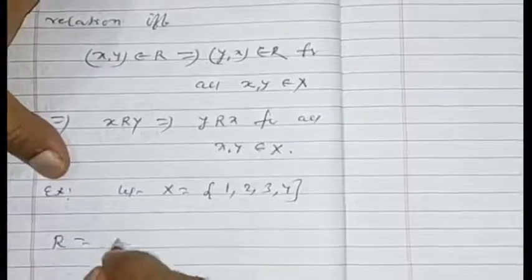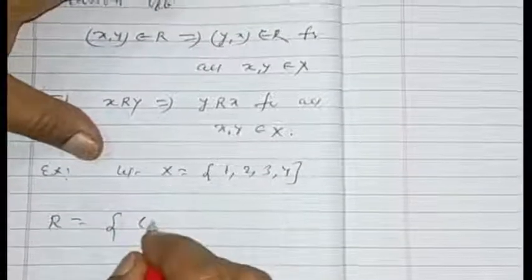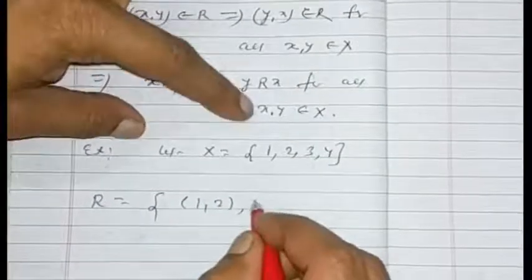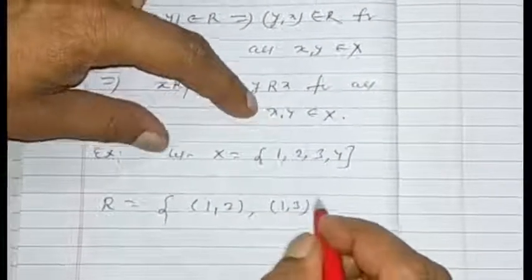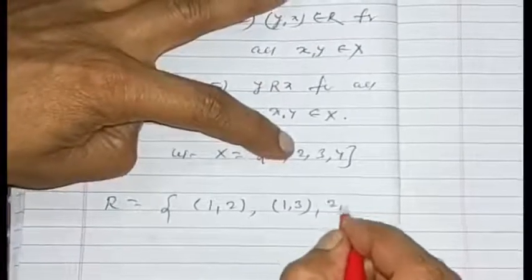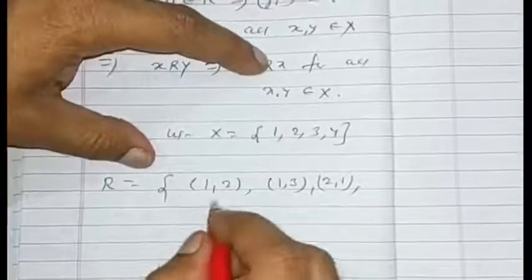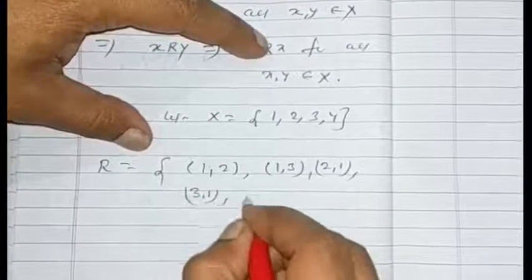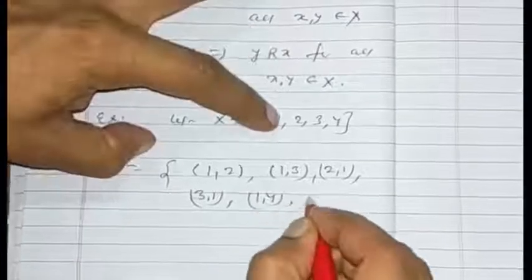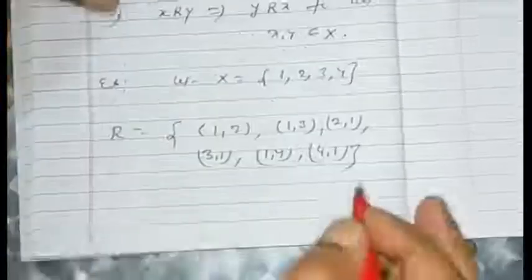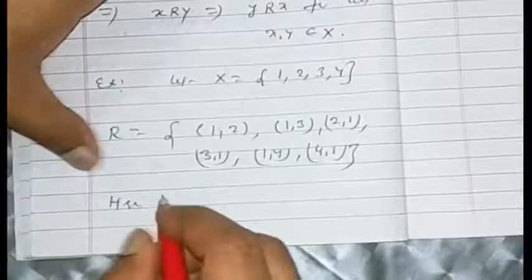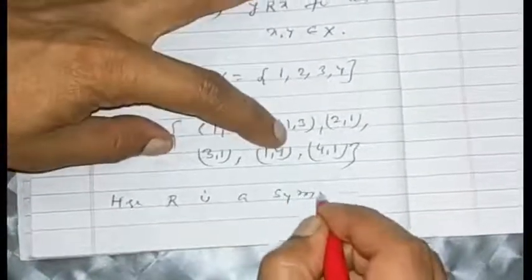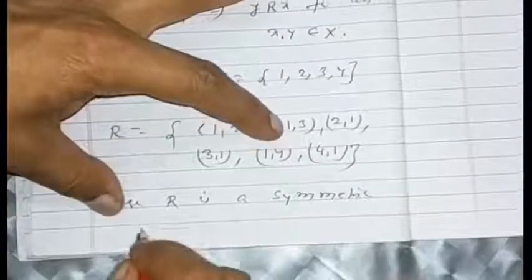R is the relation {(1,2), (1,3), (2,1), (1,3), (3,1), (1,4), (4,1)}. Here R is a symmetric relation